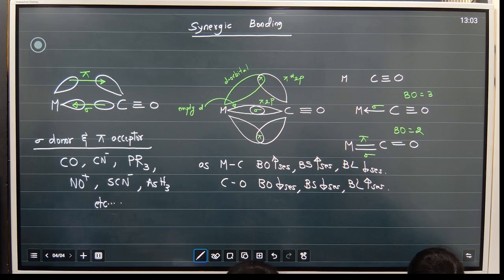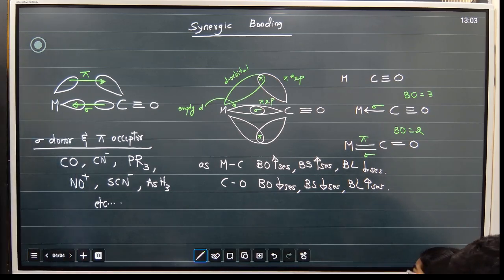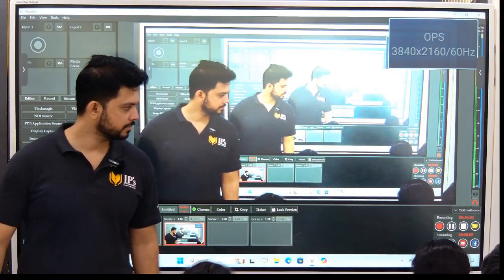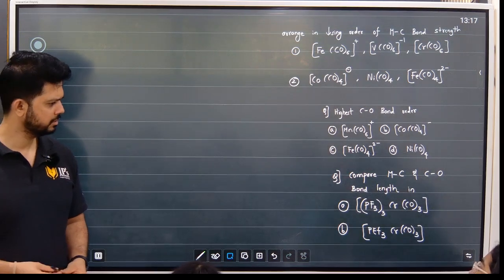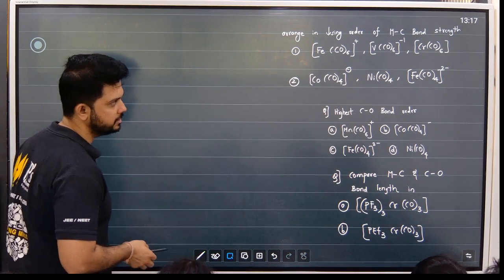No, just remember these examples for sigma donor and pi acceptor and quickly draw the diagram. Okay. Now, look at the first question, people. Arrange in decreasing order of